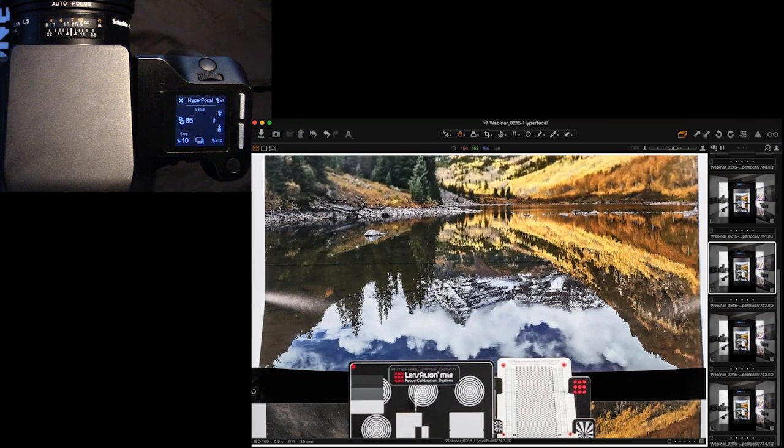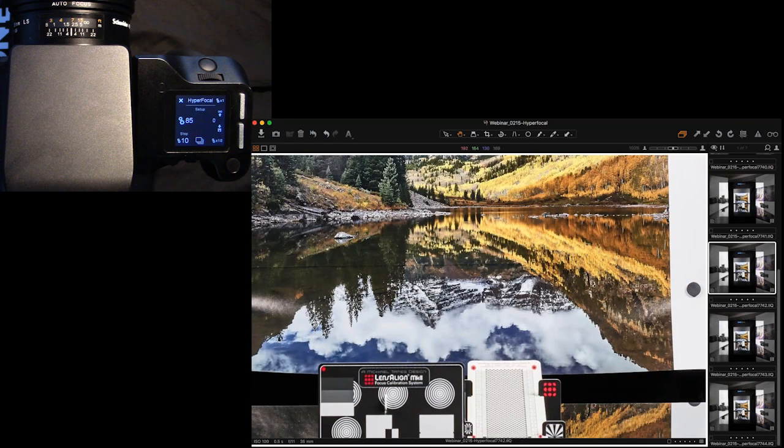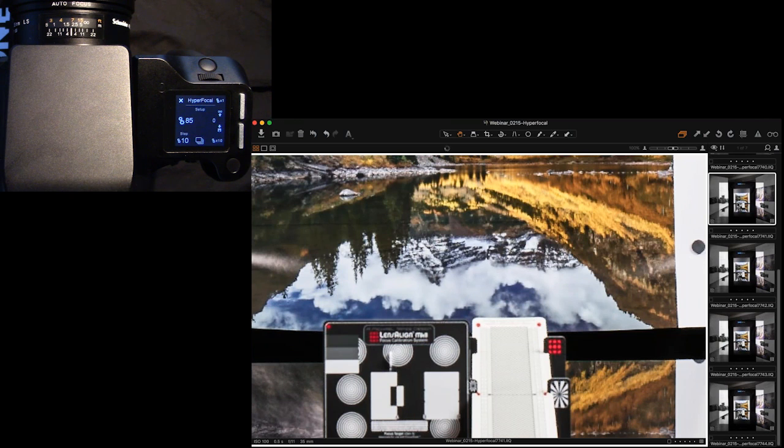If we zoom in to 85, we'll notice that infinity is in focus, right? Our mountains, our trees, everything is beautiful and in focus, nice and sharp. That's what we want to see. And our foreground, this focusing test chart, is a bit soft. Now, there's some of it that is arguably, quote unquote, in focus, but it's a bit soft.